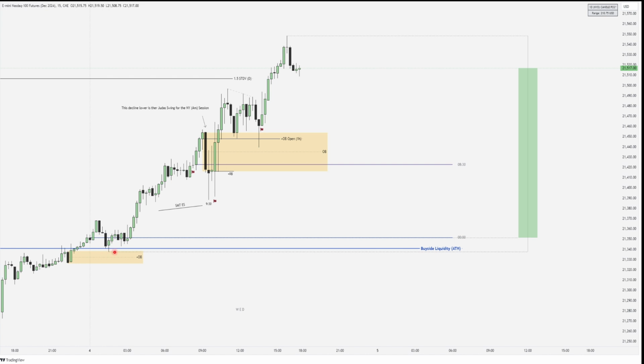So then price expands higher. Notice how the bodies stay above that old high on the daily. Only the wicks trade down into that 50-minute bullish order block. Then the market expands higher. This was all throughout London, if I'm correct, or it might just be prior to London. Price then expands higher throughout London. We're just spooling higher, not offering any significant retracement, as expected in a bullish market of this kind.